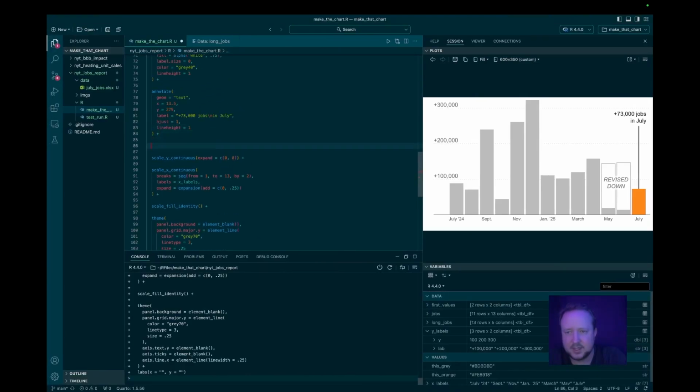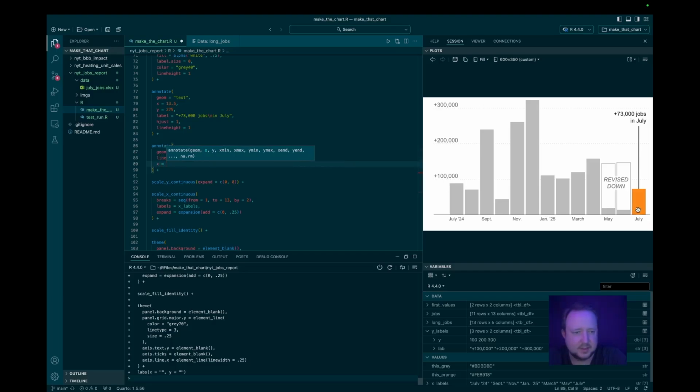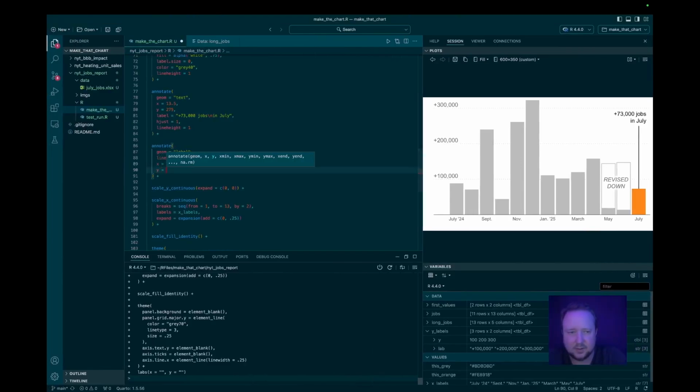So we will say annotate, and then geom equals label, line size equals 0, x equals, what did I say? So 13, 12, 11, 10, 9, like 9.5, y equals 180, label equals growth in May, and